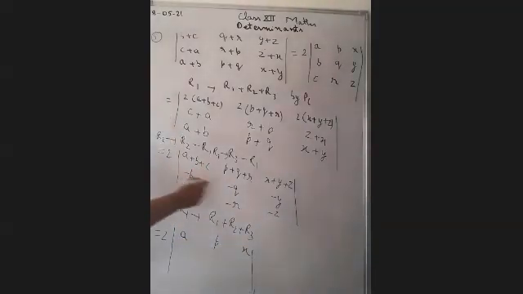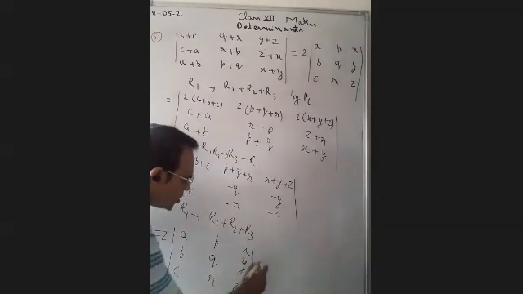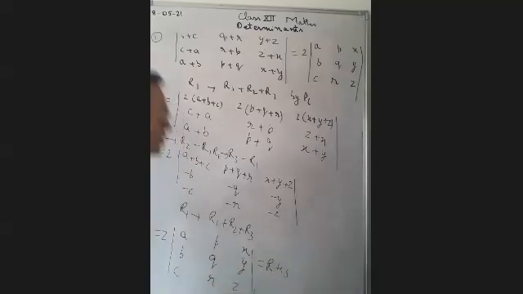Now we can take common minus here. If we take minus common here and minus here, then minus minus will become plus. So we have taken common minus 1, BQR, BQY and CRZ, which is equal to the right hand side. Okay, this is what we had to prove.